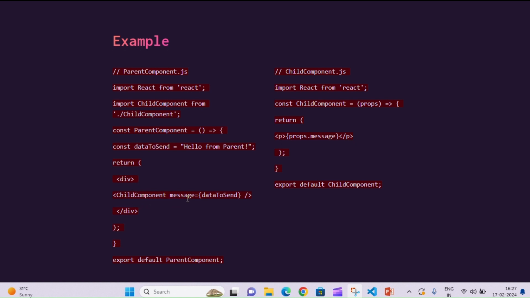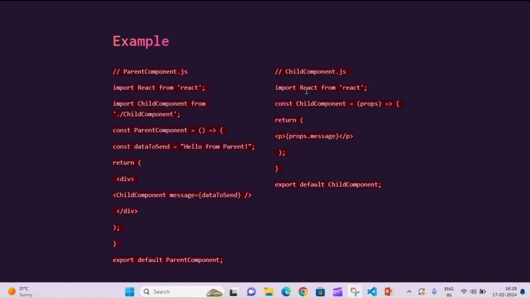ChildComponent message equal to data to send. Render the child component and pass the data to send value as a prop named message. Here is the div close. Close the root.